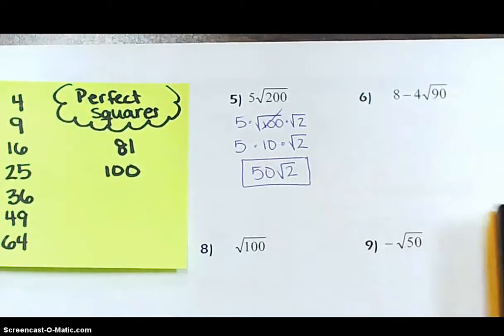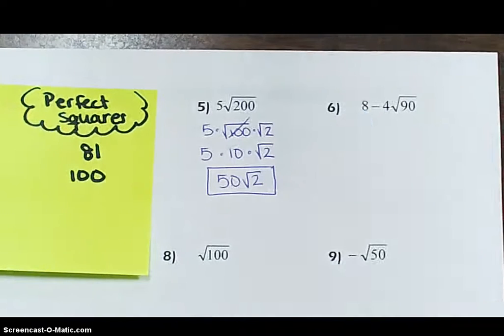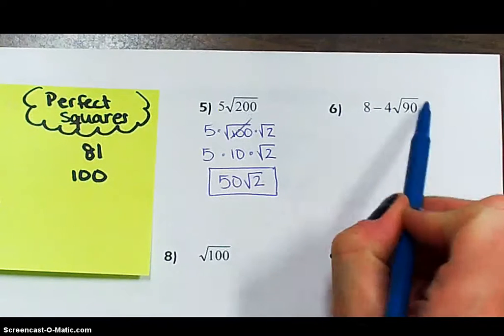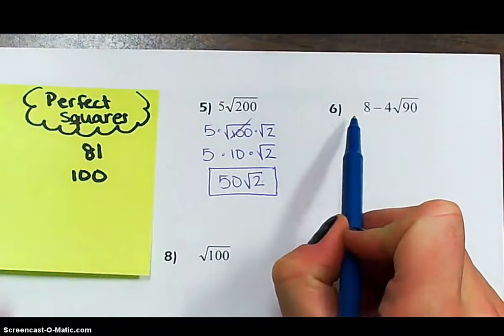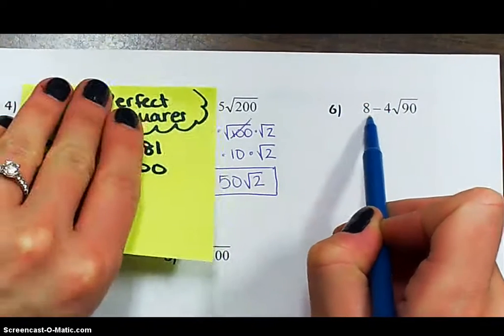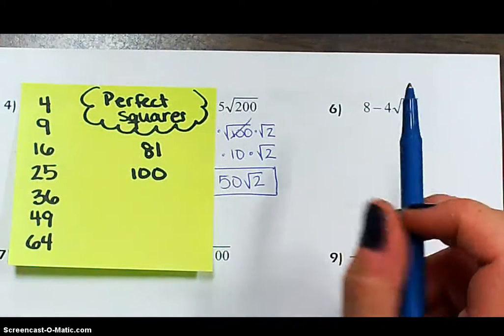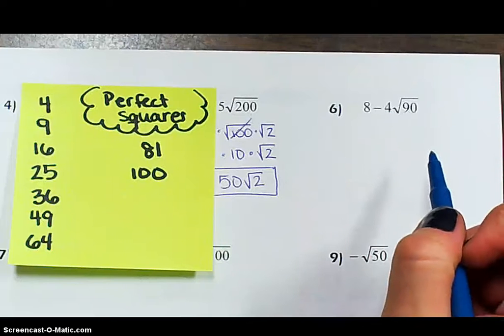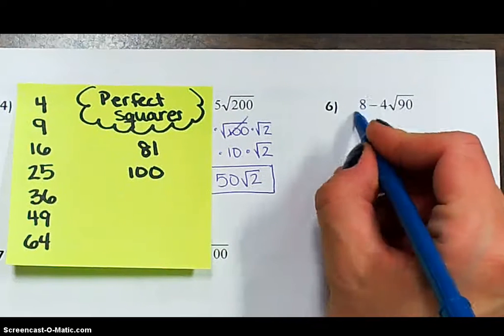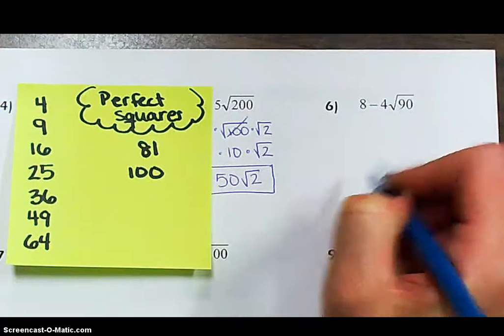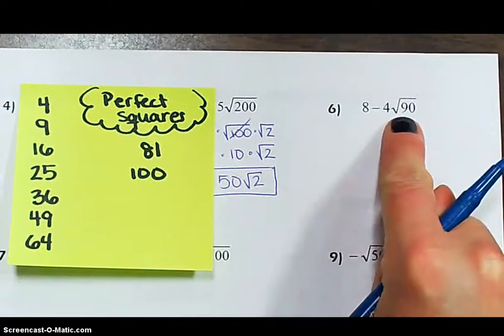Okay, let's take a look now at number 6. Now number 6, is this a monomial or a binomial? You got it. It is a binomial because we have one term and then we have the second term. Now radicals, you can only combine them if you have like terms. So since this 8 does not have a radical with it, it is going to stay separate from the 4